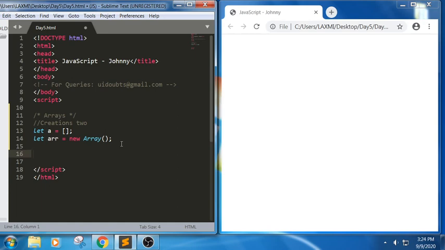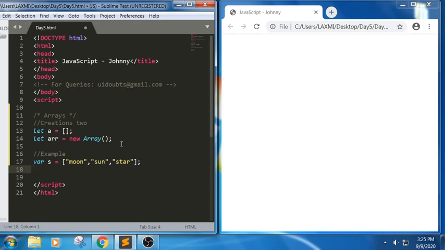In JavaScript we can create an array using an array constructor, or we can also create it using an array literal. For example, if I want to put some values in the array, I can write like this. Let me write an example for both of these. I'm trying to write variable s is equal to moon, sun, star. It means in this array we have elements at the indexes: index 0 would be moon, 1 would be sun and 2 would be star.